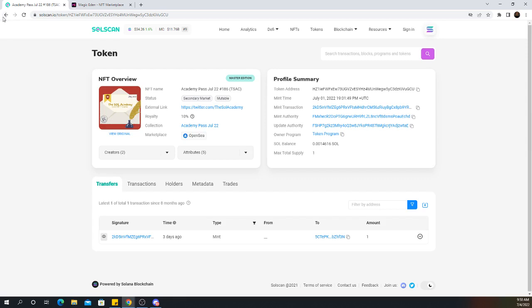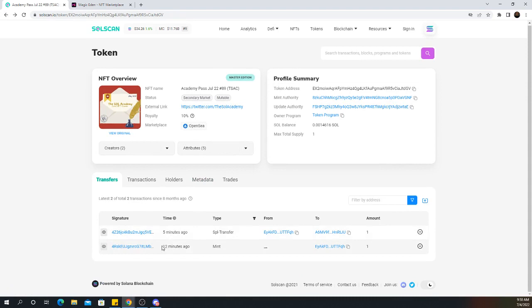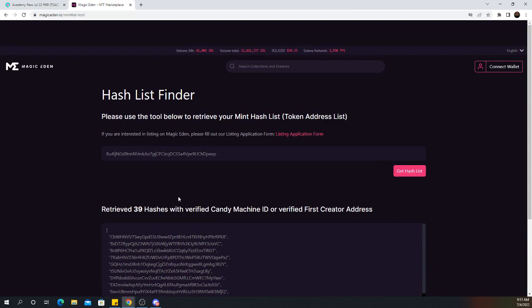Like we saw with this one, which was minted, I believe, 8 or 12 minutes ago, Matrica obviously does not have this token in their list yet because it just got minted and I haven't sent it to them yet. With Matrica specifically, it's not an automatic process. You send them the list and then they check it to make sure it's legitimate, and after they check, they load it in.